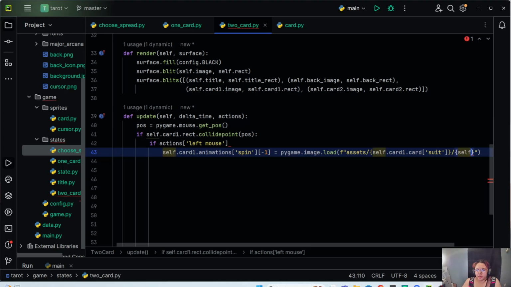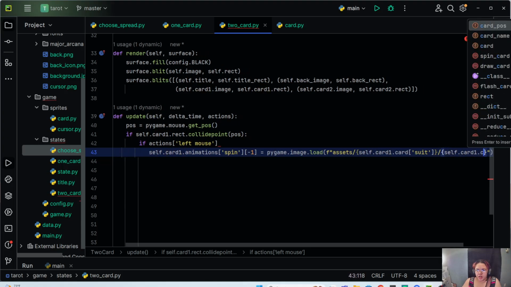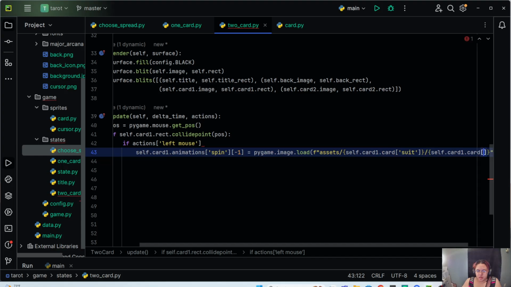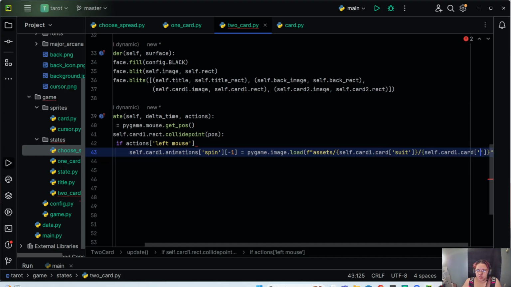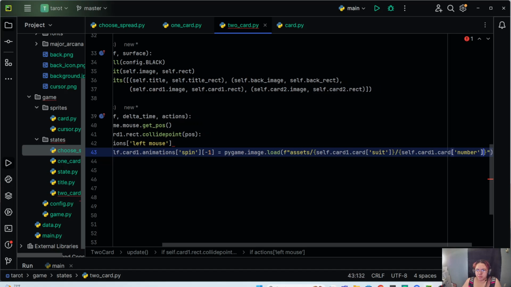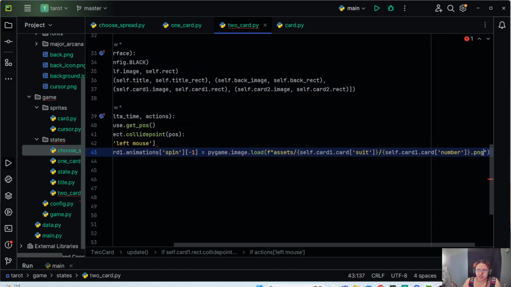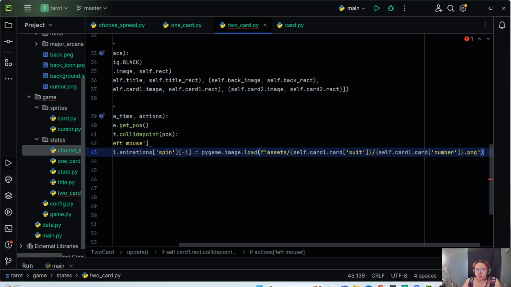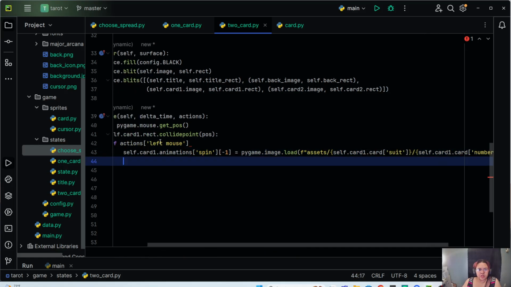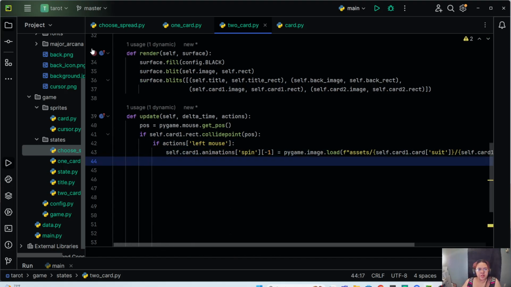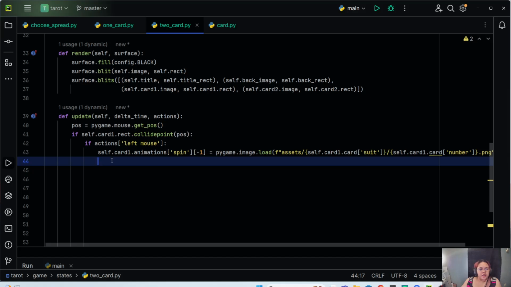Then we're going to do self.card1.card string number .png. So we've set the image, and this needs to have a colon there. Okay. All right. So we set the image in the animation, so when we spin the card, it will show up,